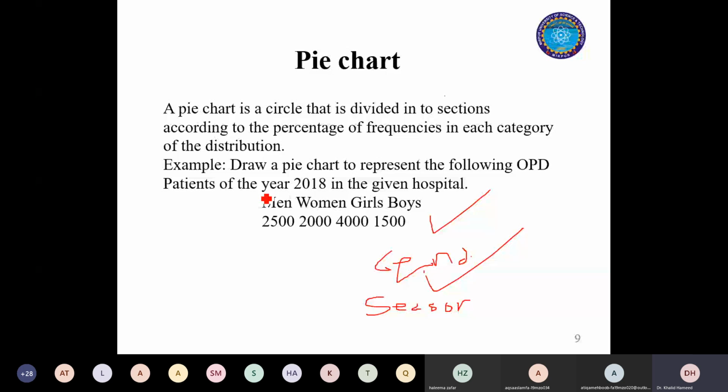So as it has 360 angles, if you are doing it manually, then you have to just convert all those numbers into the angles, and then you give how much of a circle belongs to one group, and then another group, and third group, and the fourth group. But if you are doing it on computers, if you choose the option of pie chart, it will become very, very easy. So I'm just going on with that example.